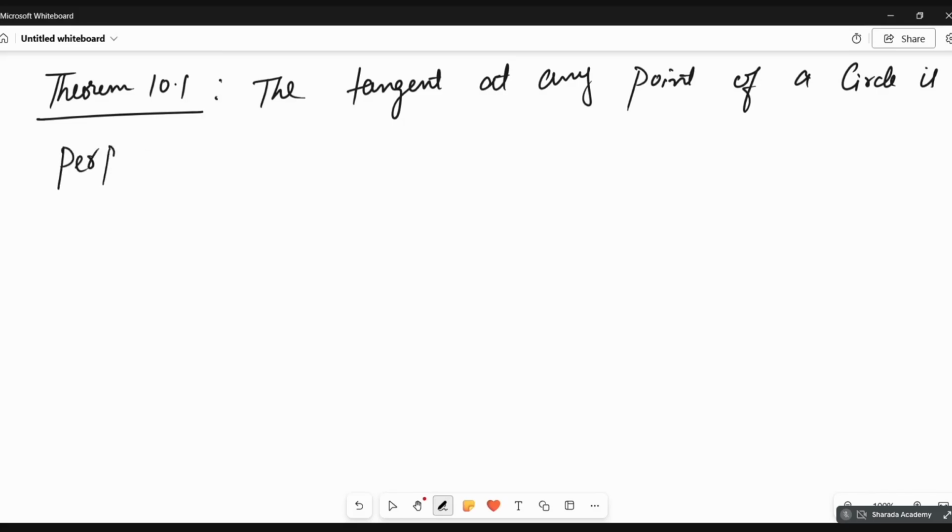One second. I'll come there. What is this question? Draw the circle and write some functional equations. So,